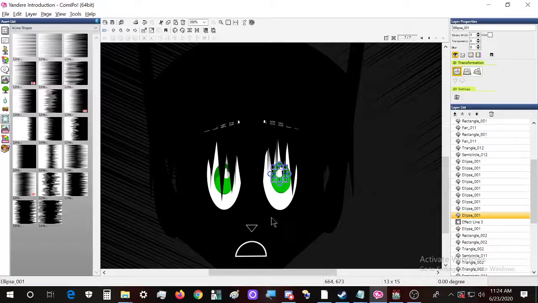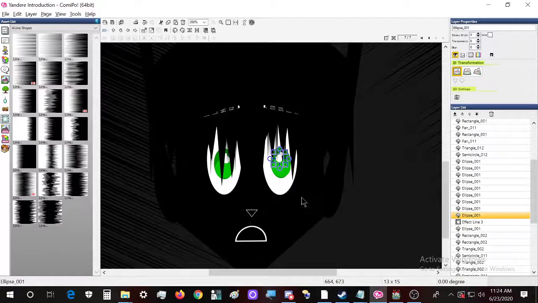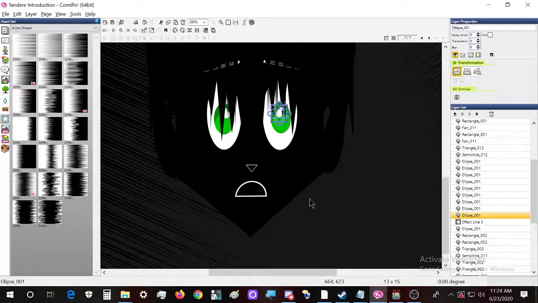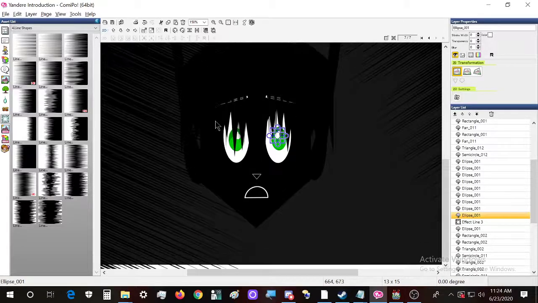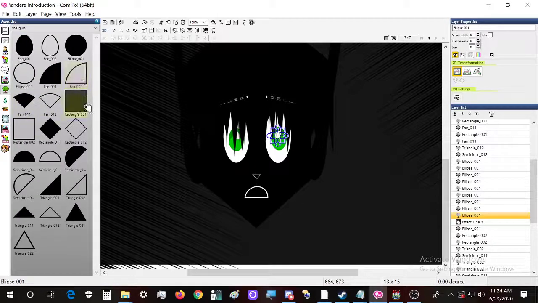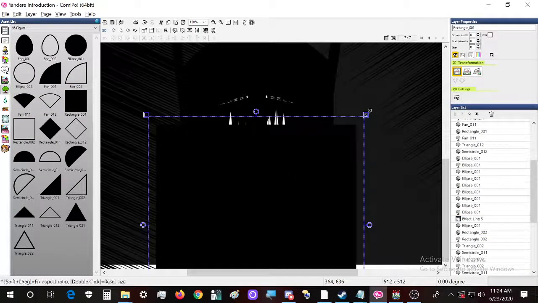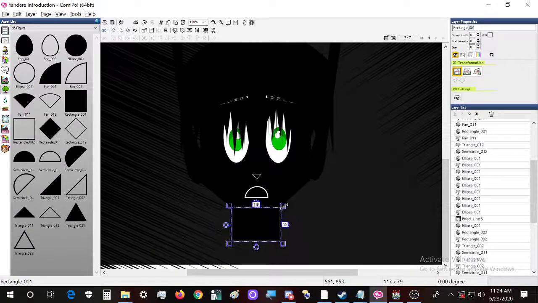Now we should actually dive into the part where, oh wait, we actually should be conveying her body in a way, because technically she does have a body. So let's do this real quick. There should be a kind of a throat in here.